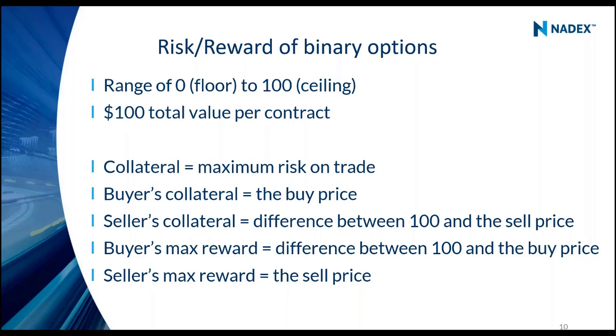If the US dollar is trading right at 1.20, and the question is, in the binary options, will it be greater than 1.20? If you think it's true, you can buy it at 50, and you're hoping that it will settle at 100. You risk 50, it goes to 100. You're getting even money. All right, you risk 50 to potentially make 50. Now, you can go the other way.